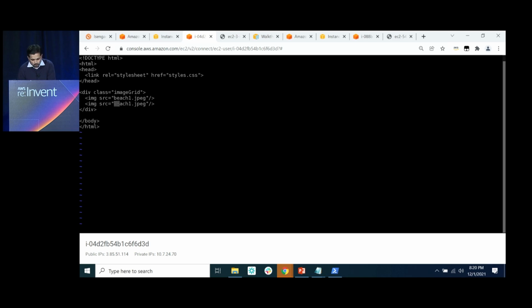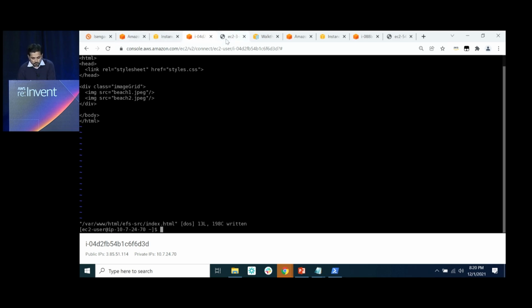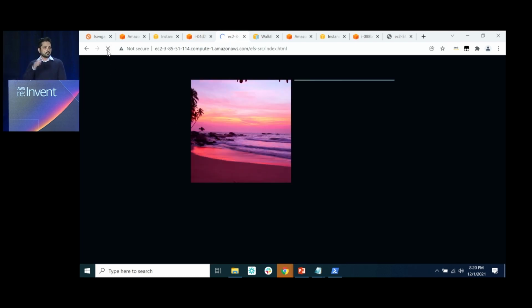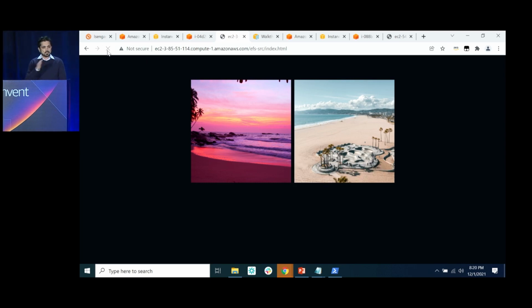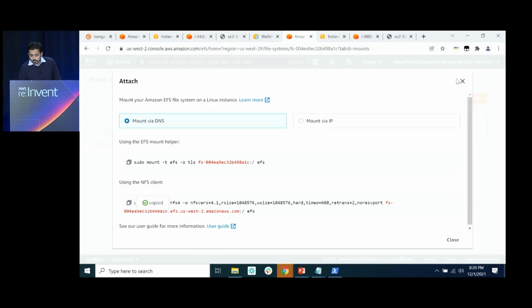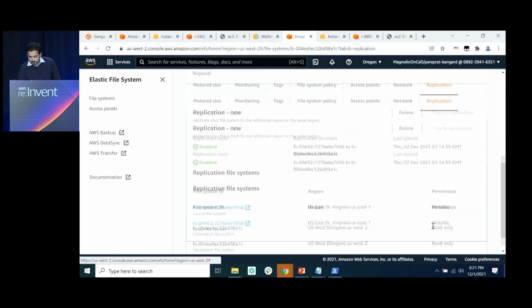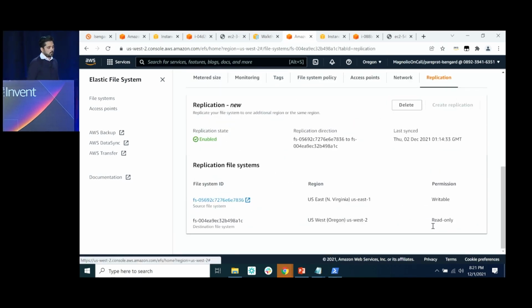So I have my second picture here. Okay. Now when I load my web page again, I have my second picture on the source side. Now this will automatically be replicated onto the dest side. But before we do that, let's quickly take a look at the last sync field that we briefly touched upon